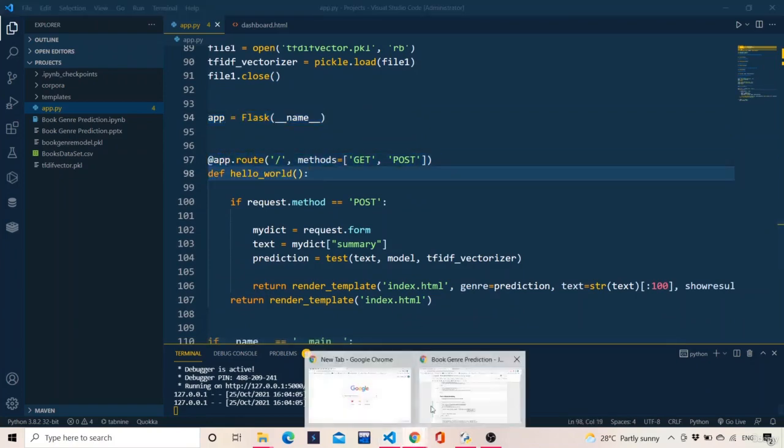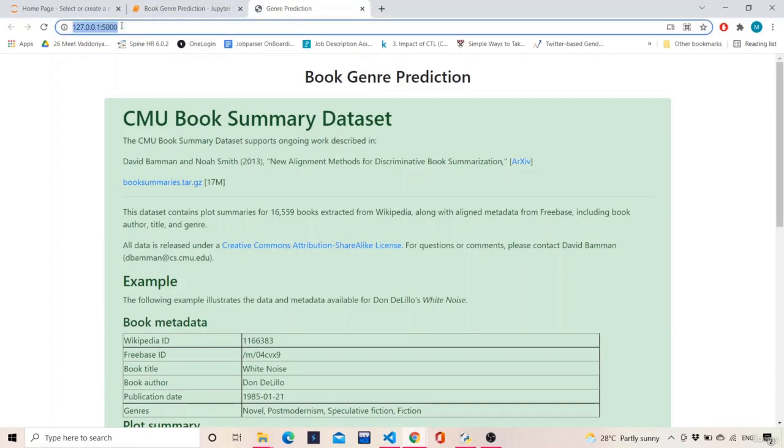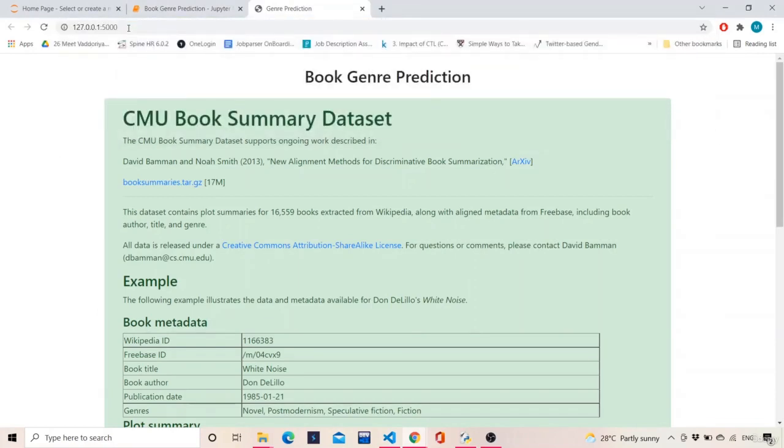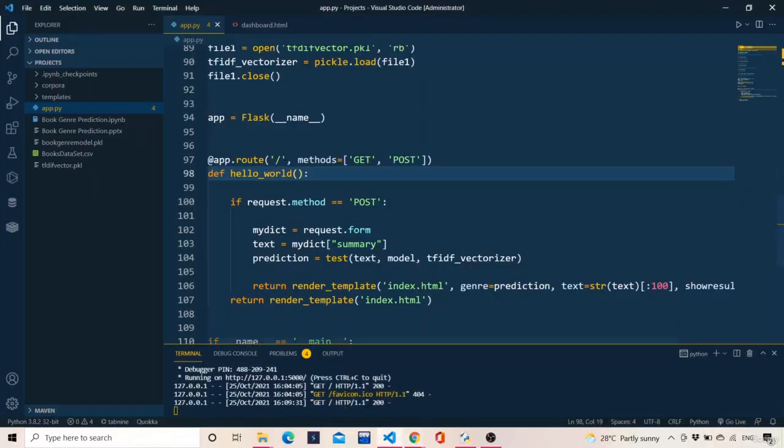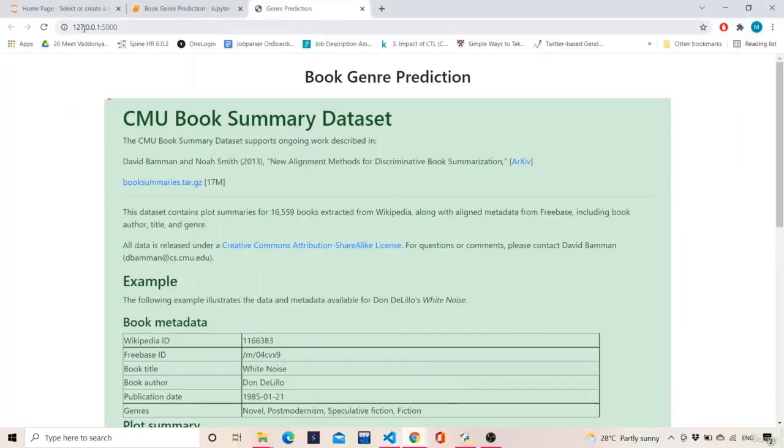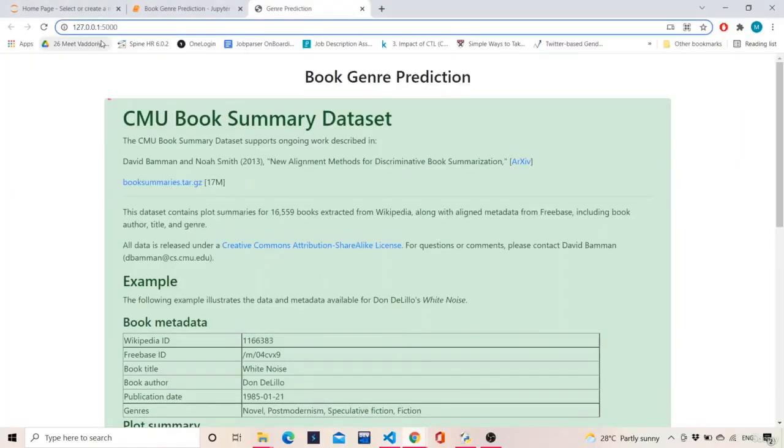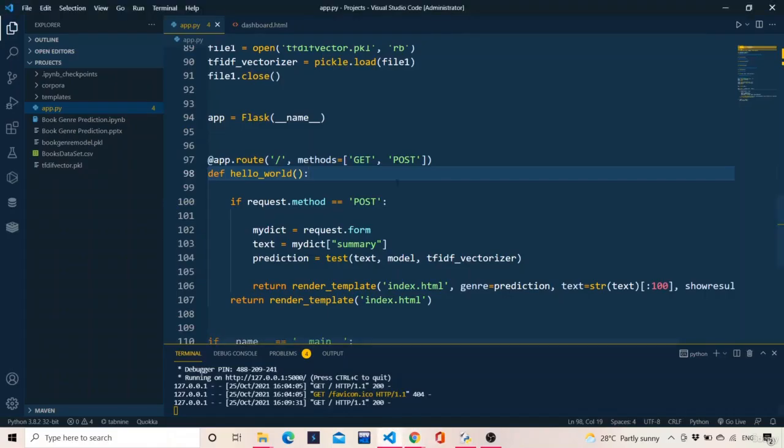We are basically giving a particular route over here. That means slash is nothing but the home page of the entire website. So with this app.route, we are creating a route at that slash point, which is the home page, and that route is taking two kinds of requests, that are GET request and POST request. Under that route we are defining a function named hello world. If request.method is POST, if there is some kind of data coming from the form, from this web page, from this route, that is handled with the help of a POST request.